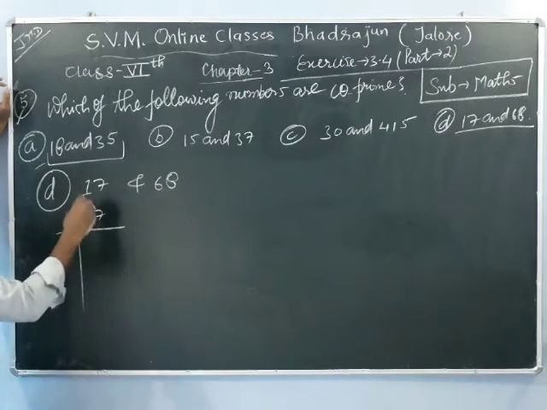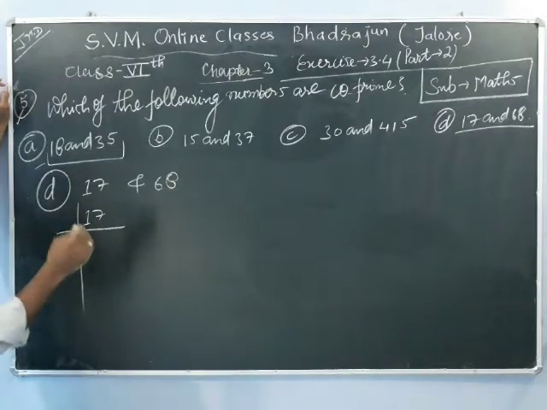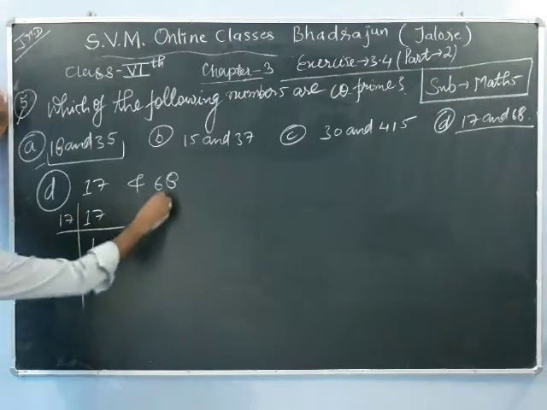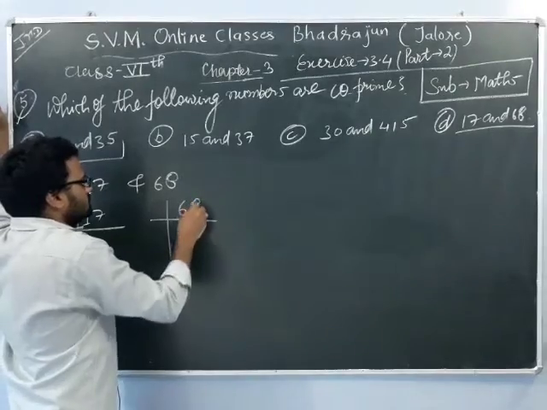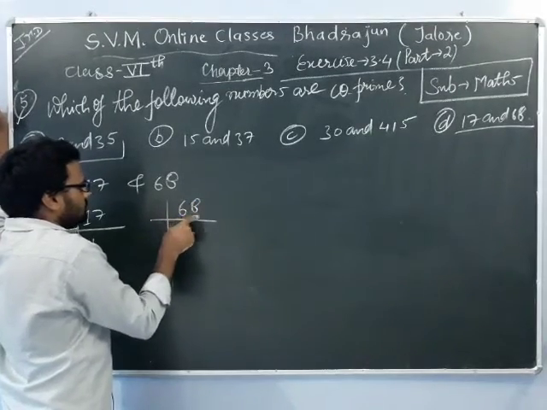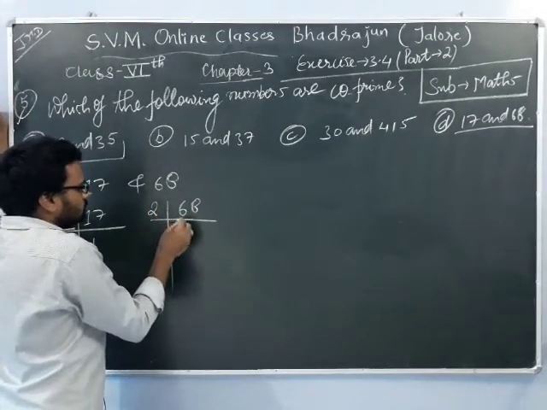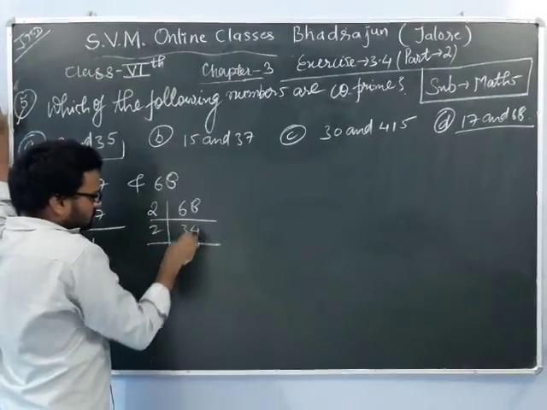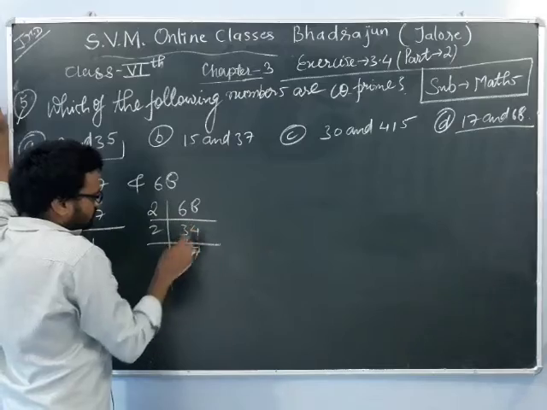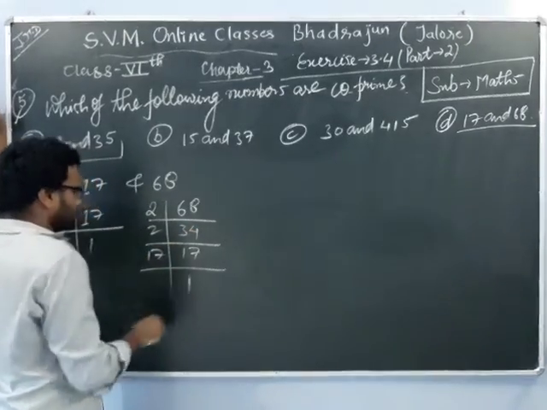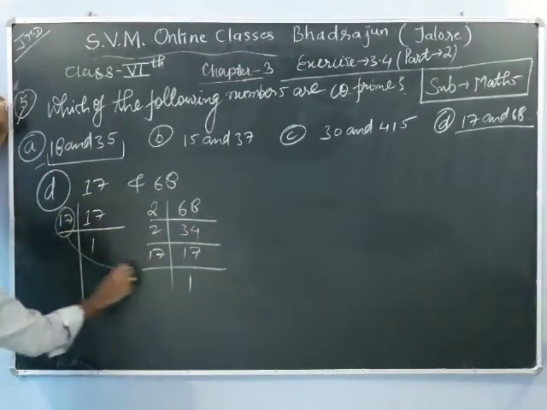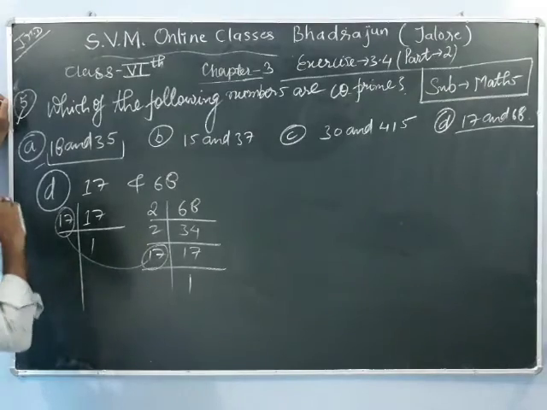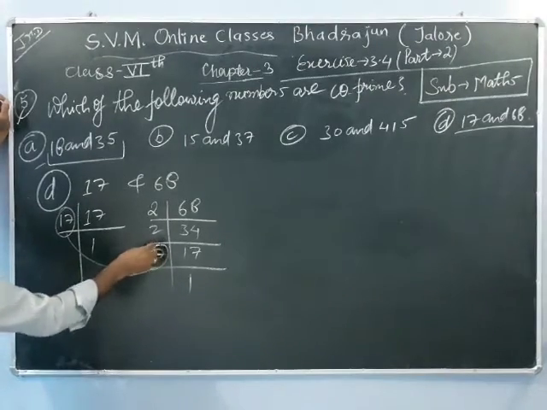let us try our old way. The old method we used, let us do it with that. So 17 1s are 17 and the other number is 68. This is 8, so we will divide it by 2. This is 34, again by 2, 2 1s are 2 and 2 7s are 14. Now 17, this is 1. Okay, here we are seeing our 17 is common between these two.